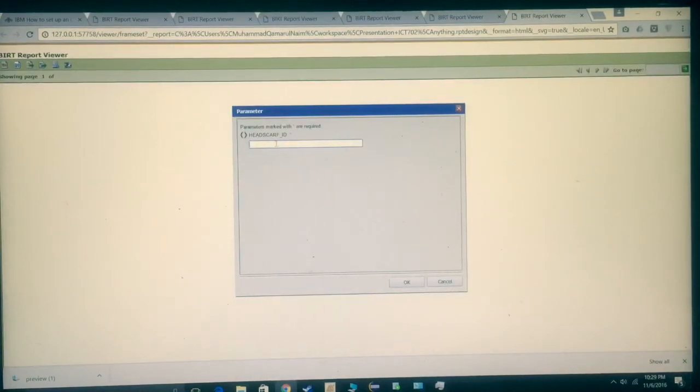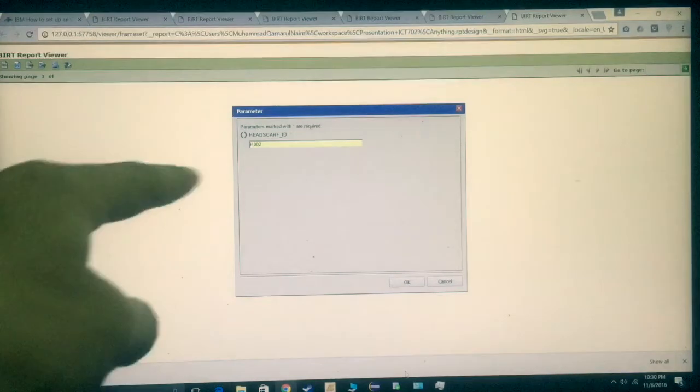Alright, so it prompts for headscarf ID. Remember when we did a query before, when I put where headscarf ID equals question mark. So the question mark will be filled by whatever you put in here. So if you put in H002, for example, H002, the